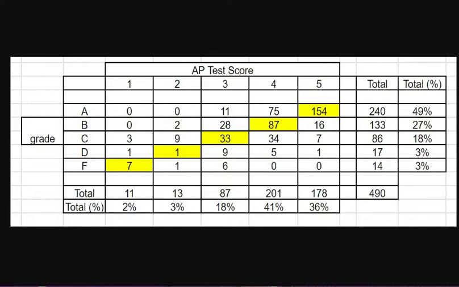And one axis shows you, for example, here it says A. So this says that 49% of the people that have taken my AP class have earned A's. And this column shows what percent of the people who've taken my class have earned 5s. So if I'm doing my job right and you're doing your job right, these two numbers should be the same. And they aren't. Interestingly enough, if you add the A's and the B's together and you add the 4s and the 5s together, then the numbers are about the same. Anyway, there's a lot of information in this plot.